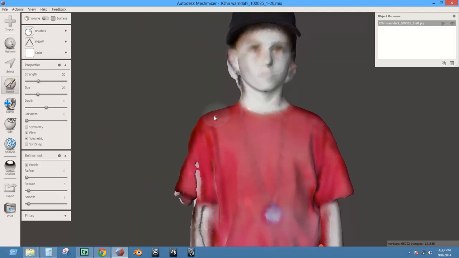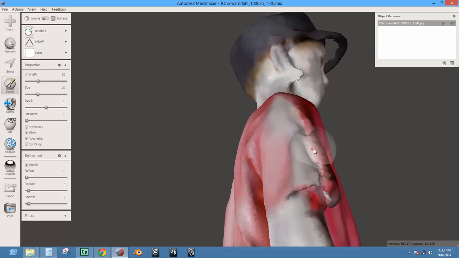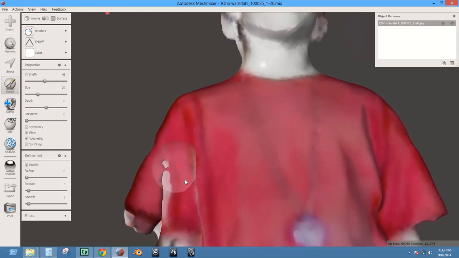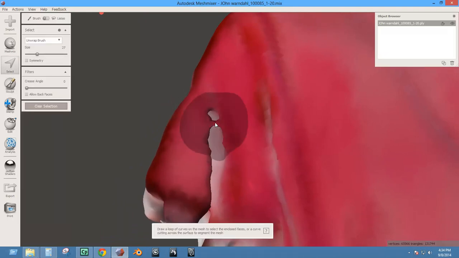And just pull this down on this side a little more. This is where the move tool also comes in handy. Okay, so I'm going to smooth this out. I'm actually going to turn my brush a little bit stronger just because some of these are really just coming out a little bit strange. I can already tell you that this area is not going to smooth well, so I'm going to go to select, make my brush smaller,